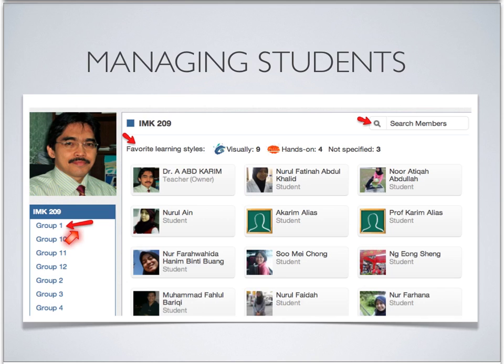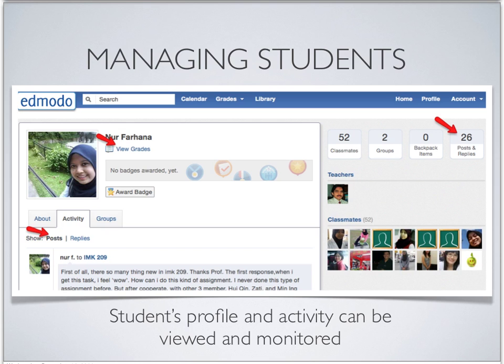On the left here, maybe you can see the groups. So you can create groups so that you can give assignments for the group and you can monitor the activity in each of the groups. When you create a new group, the teacher as administrator will automatically be a member of each of the groups. So this provides a convenient way for you to monitor the activity and the participation of each group and the participation of each student in the group.